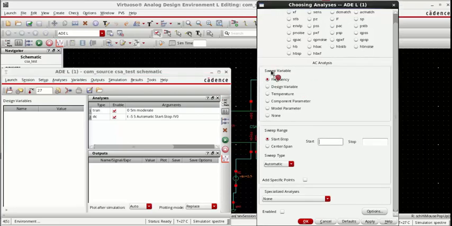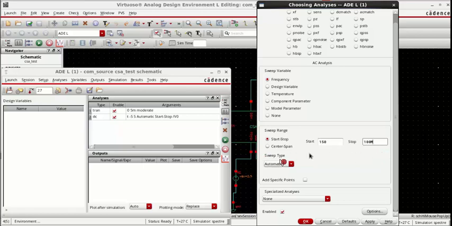So select this AC response. Now what is the variable I want? It means what is the X value, the X axis. I want frequency. Okay. Now sweep range means from which frequency to which frequency I want. So let us start at 150 hertz. If I don't write anything, it's automatically 150 hertz. Stop. Let me do till 100 megahertz. So I'll write 100 capital M, which is for 100 megahertz.